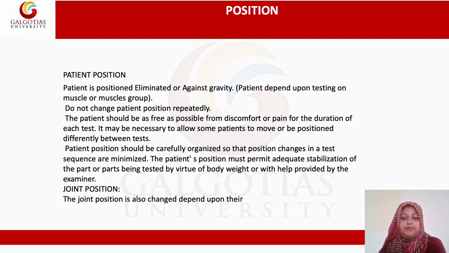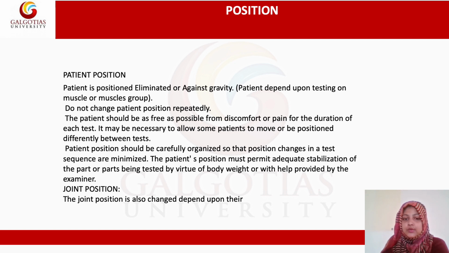First of all, we will see position. Patient position: elimination of gravity is there, and it depends upon which particular group of muscles you are going to check. Do not change the patient's position repeatedly. The patient should be as free as possible from discomfort or pain for the duration of each test.